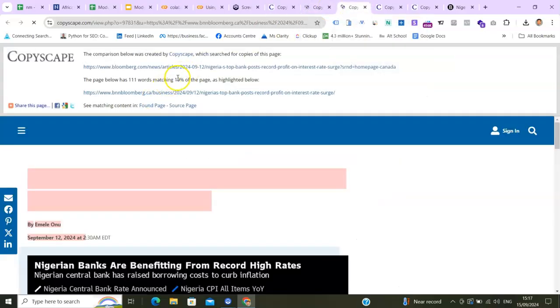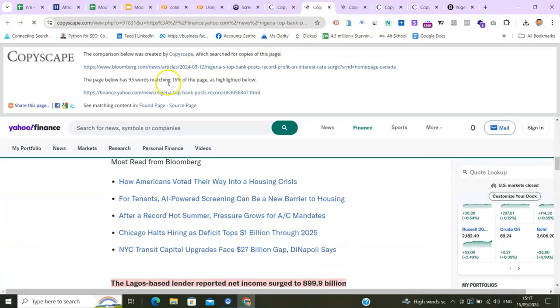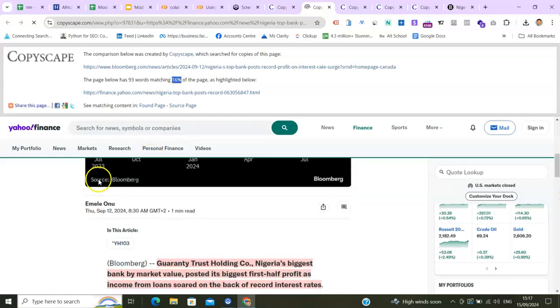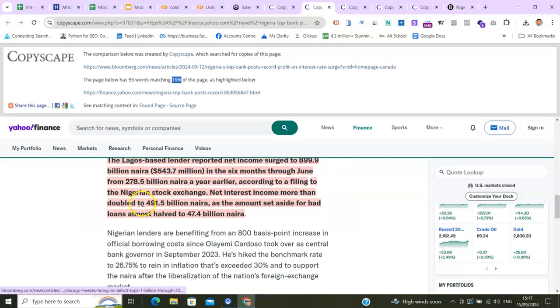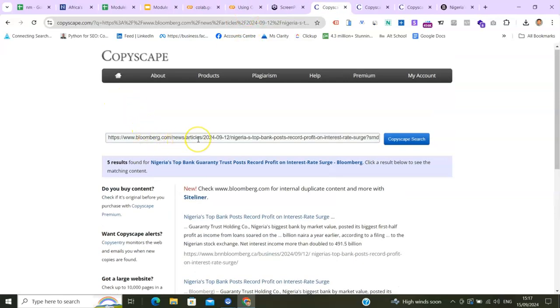So in this case, we see there is 19% duplication. In this case, we see there is 16% duplication. And duplication can impact search engine rankings. It can affect traffic. So usually you could always use Copyscape to check one by one, but if you have 100 or 1,000 URLs, then you should be using